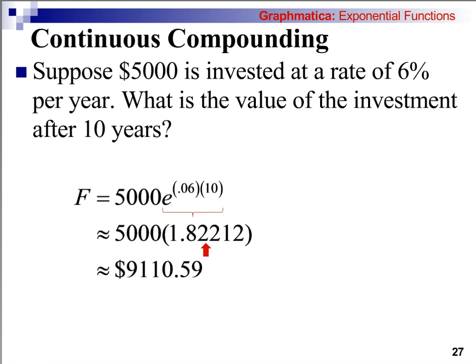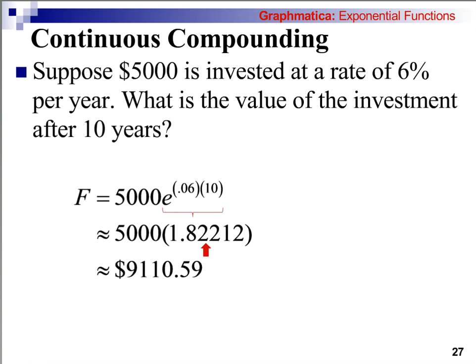1.82212. So this is a quick little check to make sure your calculator is working correctly, or you know how to use it correctly. So you may want to pause, pull out your calculator, and check that you know how to do that. So this is sort of like our growth factor. It's going to grow at a rate that's about 1.8 times as large, almost 2 times as large. Multiply that by the 5,000, and we get the future value, which is about